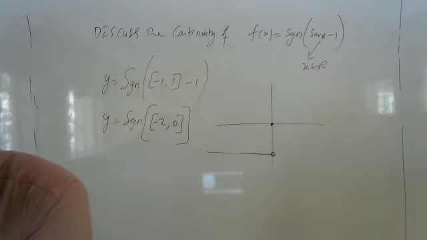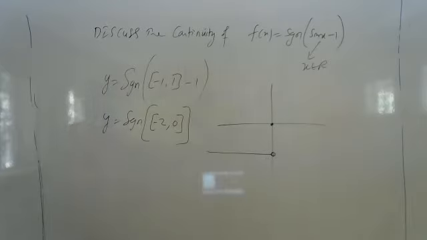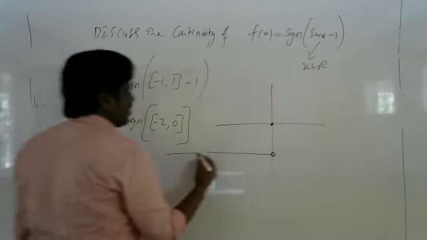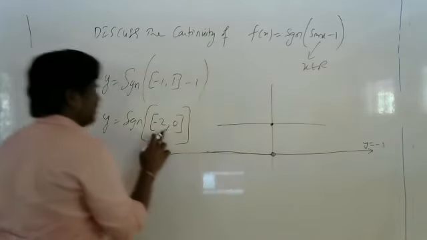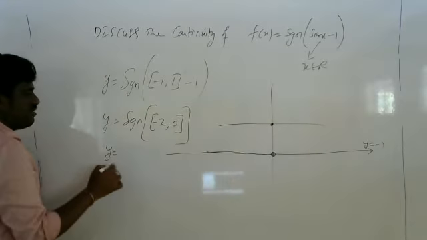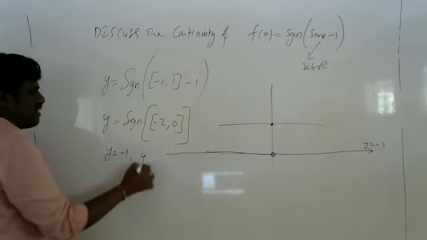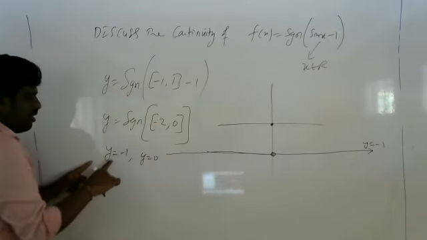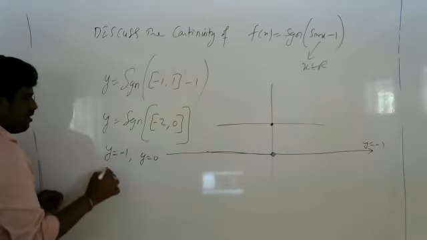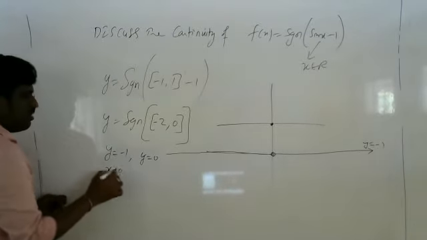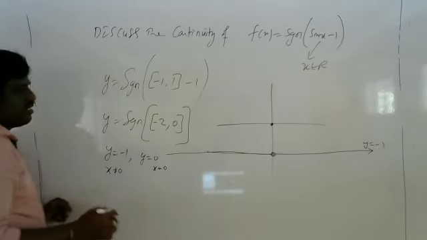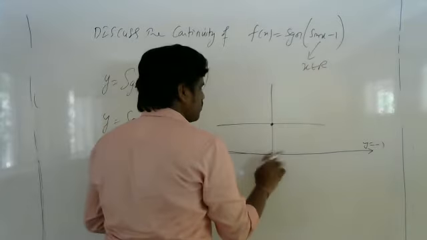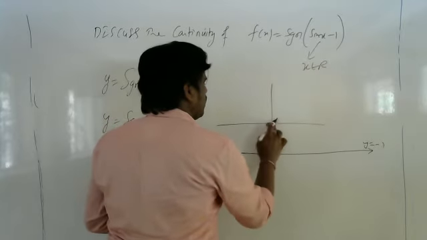Yes, sir. Yeah, it is discontinuous. So y is equal to, if I keep all real, y is equal to this line, y is equal to -1 I am getting. See, y is equal to what I will get? I will get y is equal to -1, y is equal to 0. Two cases I get. Y is equal to -1 when x is not equal to 0, y is equal to 0 when x is equal to 0. Correct? So here in this place you are getting discontinuity here.